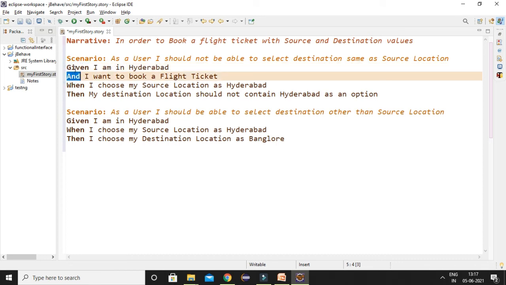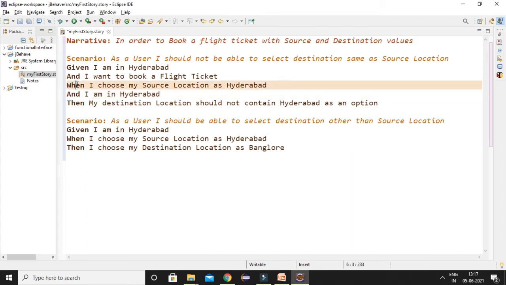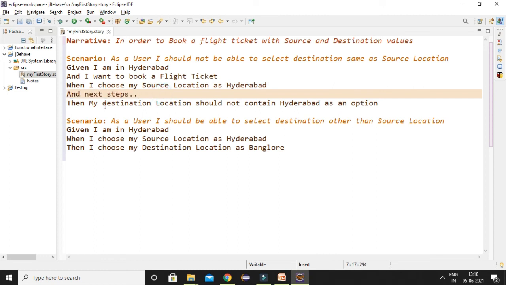When I use And below Given, it applies Given. Same if I use And after When; here And represents the When keyword. It assumes the same meaning as the previous step. So you can write your next steps here.